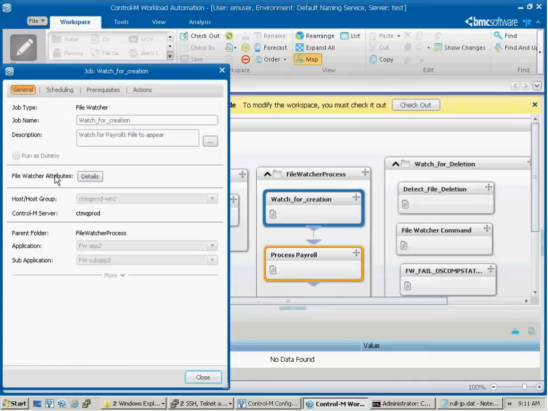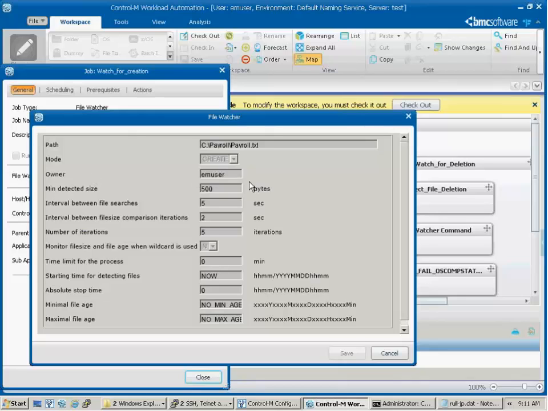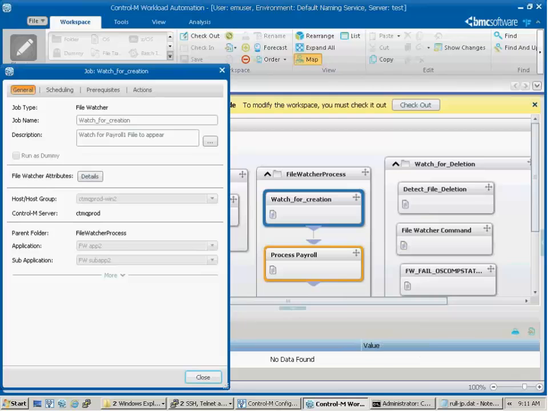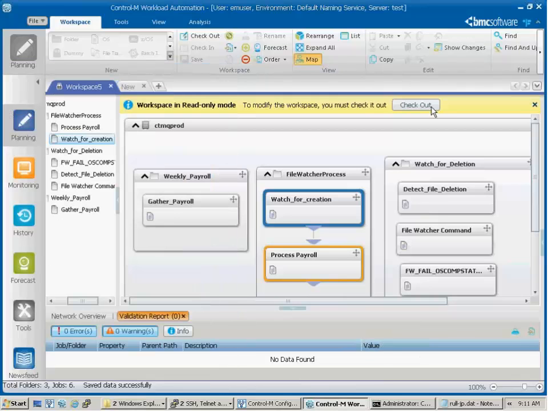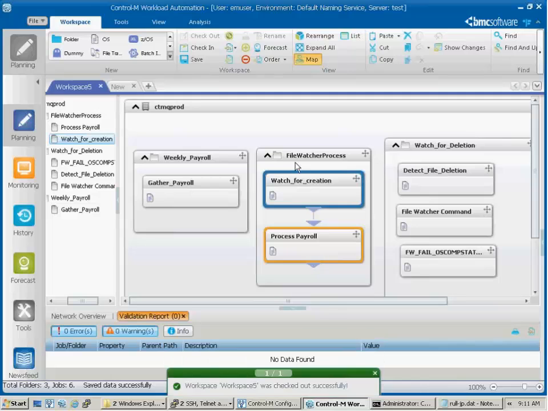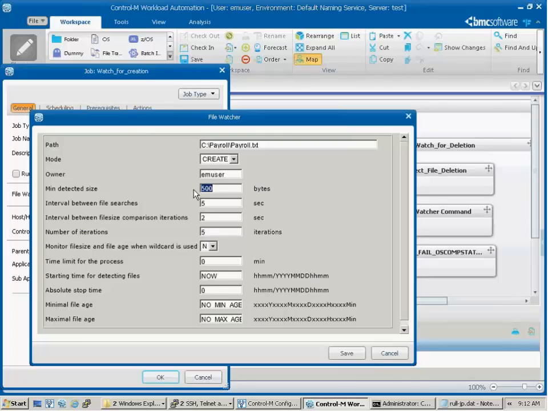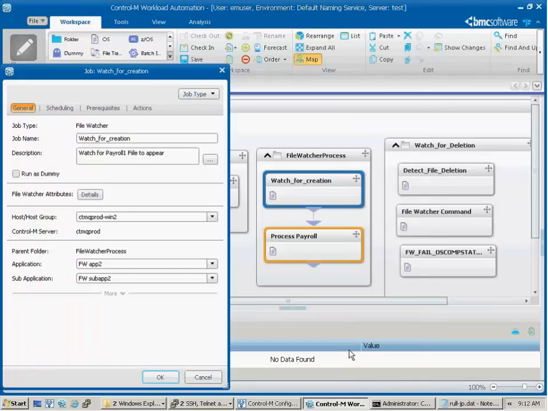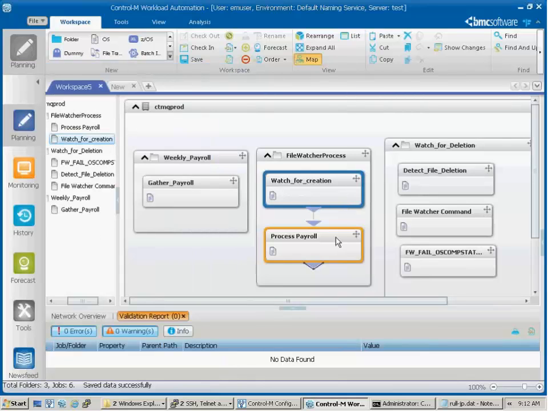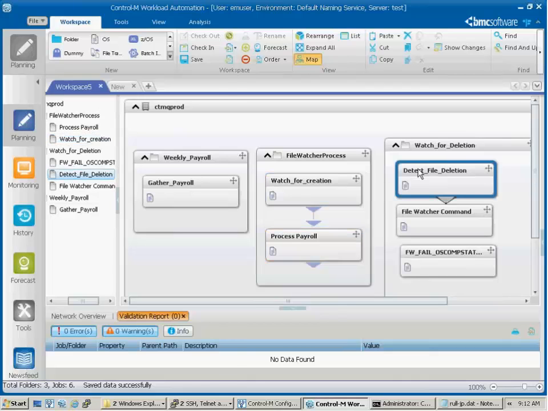So let's look at watch for creation. We'll open him up. Now, since we created it as a Filewatcher job, it has a Filewatcher form that's available here. And this is the form with the values that we were looking at earlier, except for that one, which is incorrect. Let me fix that rather quickly. Save it. All right. And then process payroll just deletes that file. And then detect file deletion